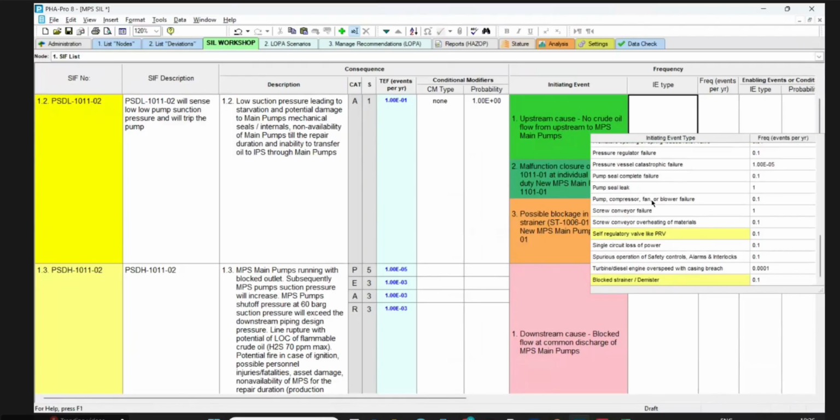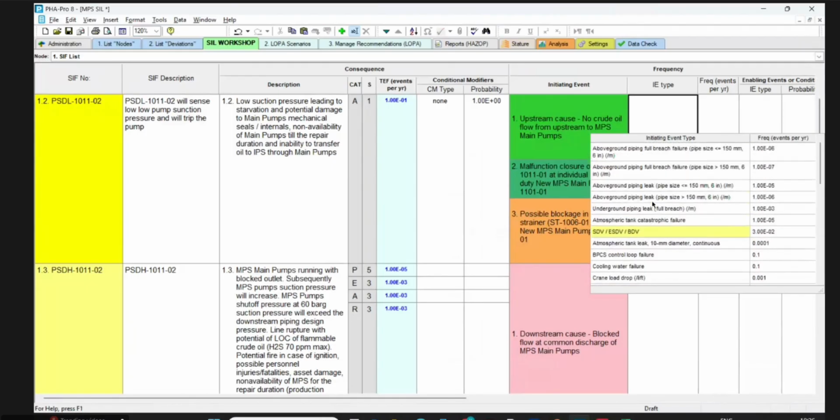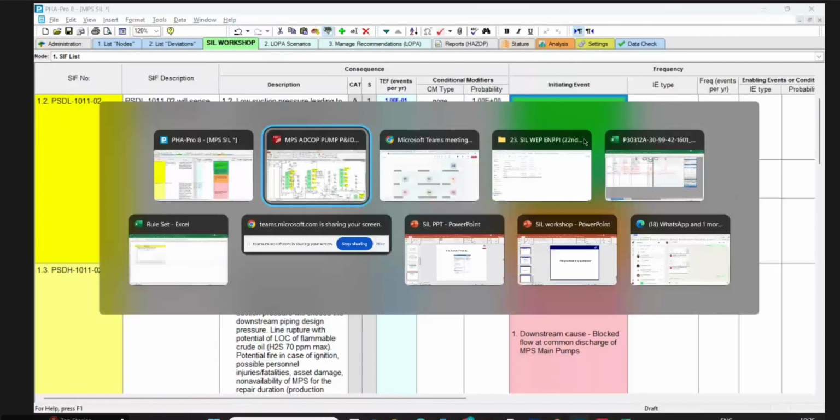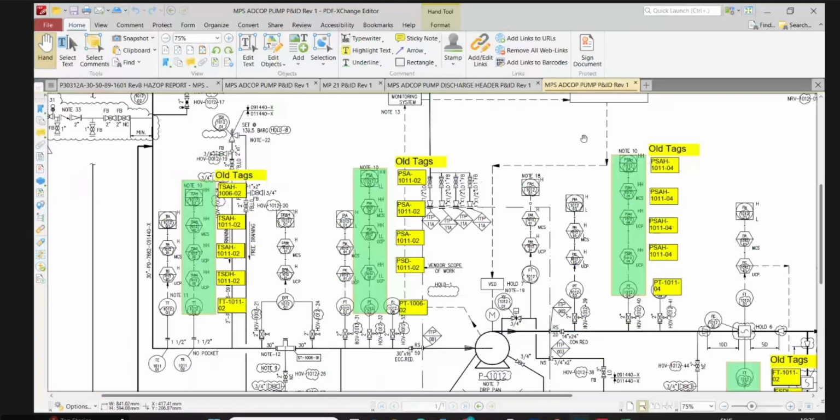No. This is not controlled because of blockage in the suction, or we can say that is also the line only. There is a leakage in the line. If we're talking about low suction pressure for MPS pumps, that might occur if the control valve for the existing wells at MP21 is open. This control valve is responsible for setting the pressure at MP21. If this control valve goes to its full position or goes